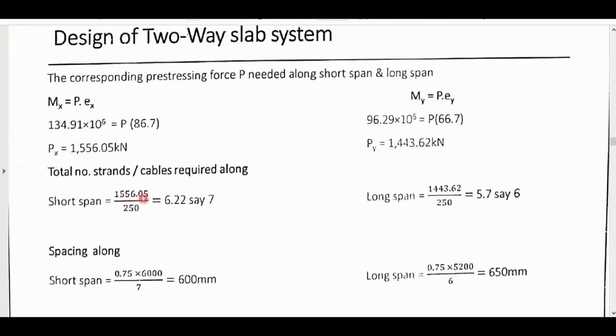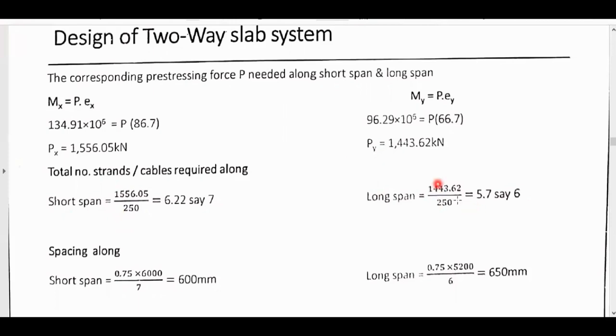So 1556.05 divided by 250. So this value will give us 6.22. So rounding off that, it will be 7 cables required in the shorter span, but in the longer span